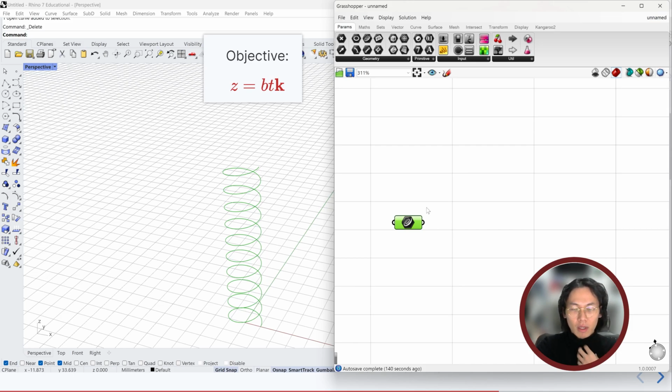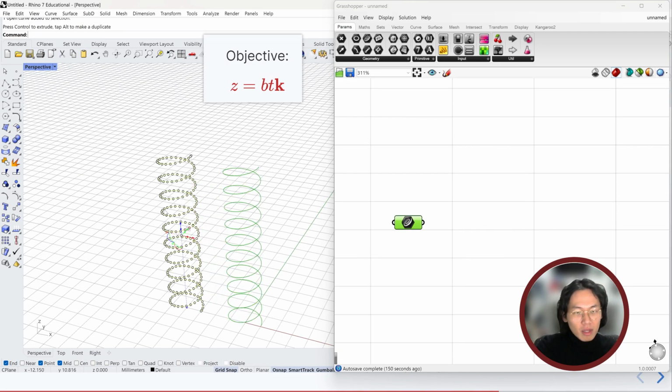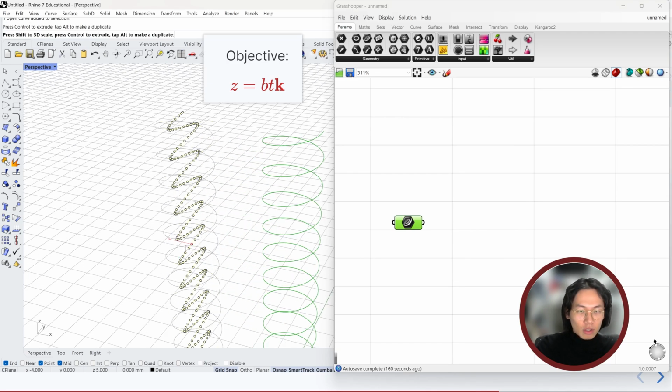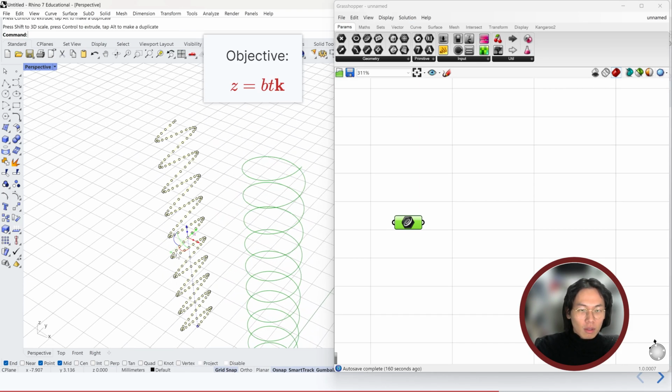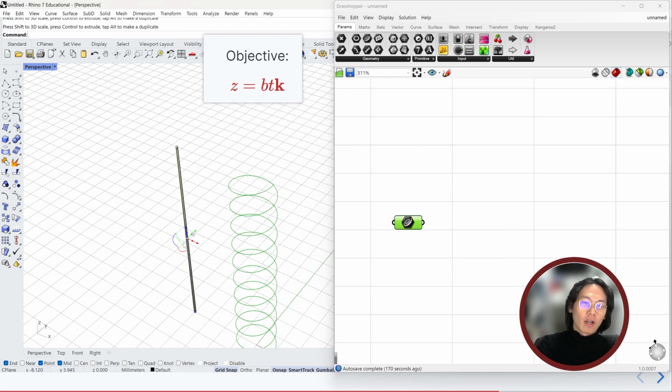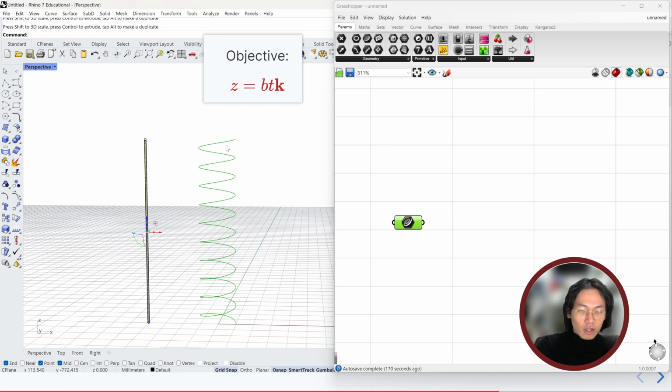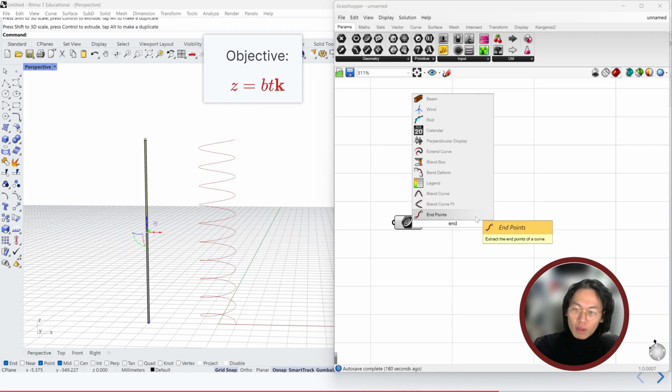One idea for me is to squish the helix into one line, because we only care about the height of the curve, right? I will do that. Let's break the curve out of it and move to here. So what I mean is that if I can squeeze this curve like this, and maybe in from this side, and we squeeze like this. Okay, as you can see, this curve actually can squeeze to this curve if I only care about the Z value. So we can use the endpoint to get